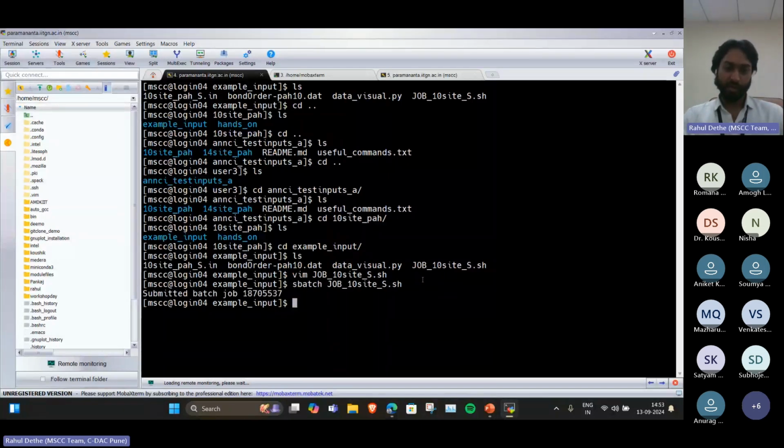So after pressing enter, it will say something like submitted batch job and a random number. First, sir, do we have to input a command of VIM? No, you don't have to type VIM. Just type this command as batch